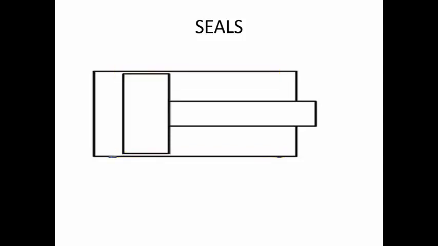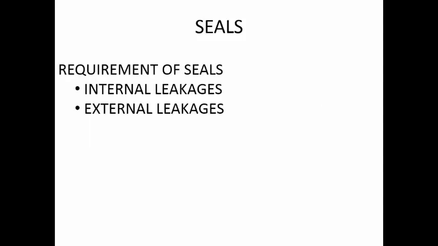So how much of sealing you are going to create is a very important factor. Whatever seals you are selecting, they should have some kind of specification of how much sealing they can do or how much oil film they are going to allow. So you should always allow some amount of oil film to be created. That oil film should be very, very thin, and you should not allow a lot of atmospheric air to enter into the cylinder, or atmospheric air to come in contact with the hydraulic fluid. So this is what we have to remember.